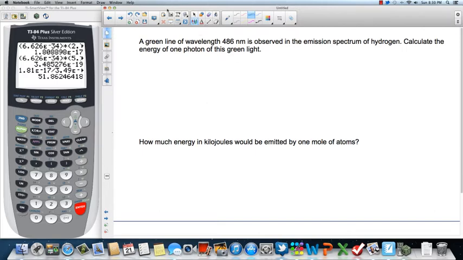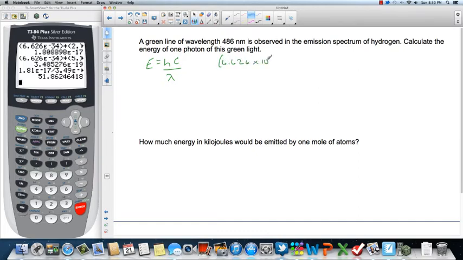Calculate the energy of one photon of this green light. Okay, so we're looking for a single photon, and we've got the wavelength, so that means we're going to use E equals h times c divided by lambda. All right, so we want to find E. We know h,